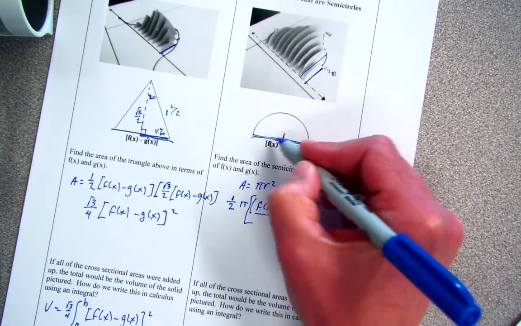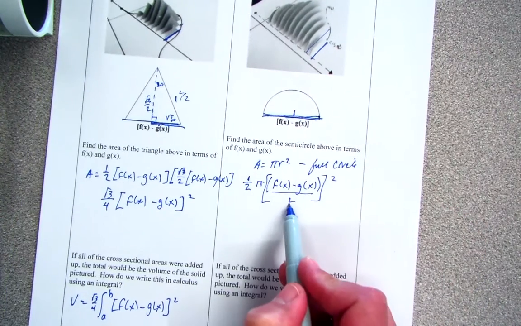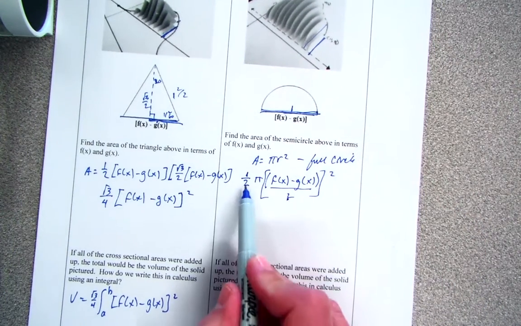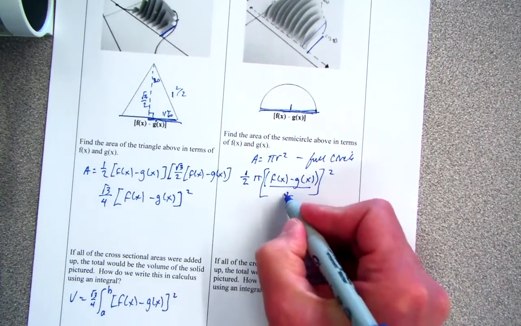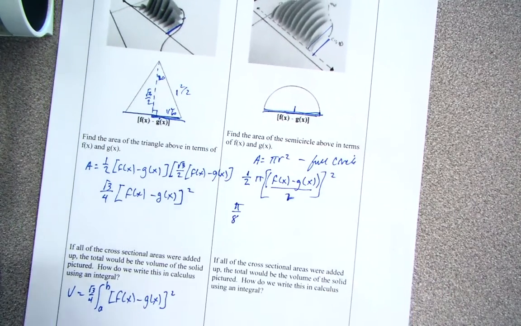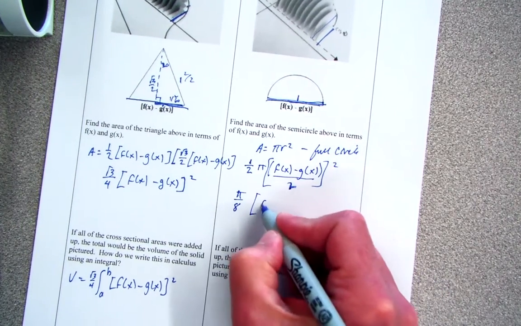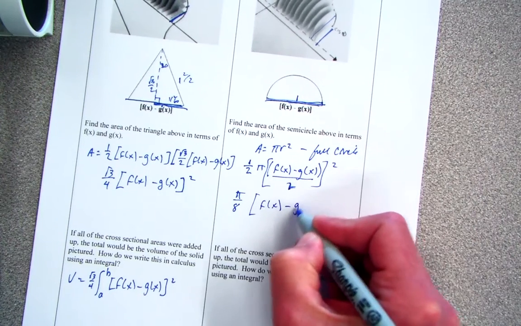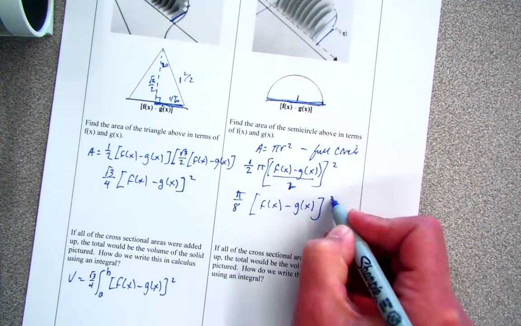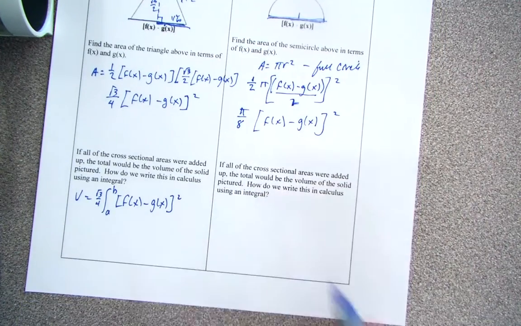and then what you're going to have to do at the end there is square it. So the radius is half of this distance across. That's why I divided by 2. And then I'm going to square it. So I have a 2, a 4, because I'm squaring this. So I'm going to have pi over 8. And then I have f of x minus g of x squared. And that would be the volume of 1/2 circle,